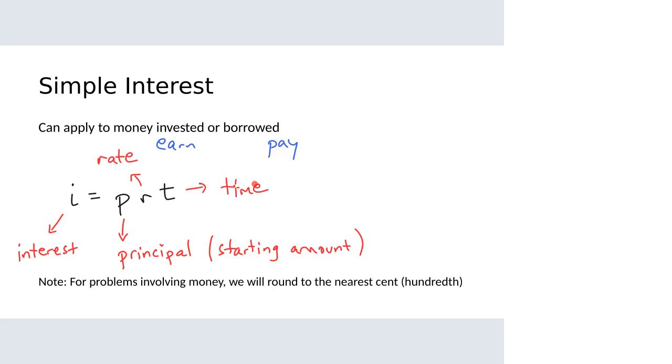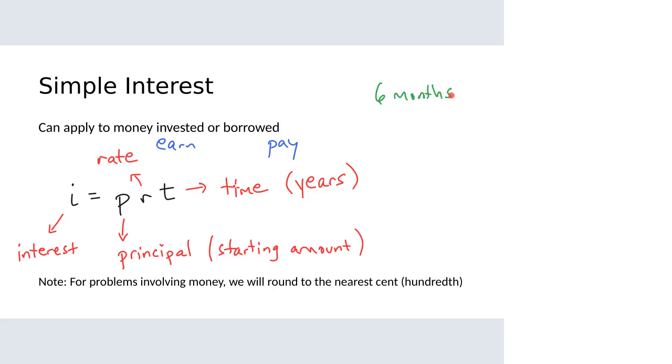One key thing about time is that in this formula, it is always in terms of years. So what we're going to plug into this formula for time is going to be time measured in years. How that comes into play for you, it's very simple. If we're told that money was invested for 4 years, we're just going to put a 4 where the T is. But what if the money was invested for